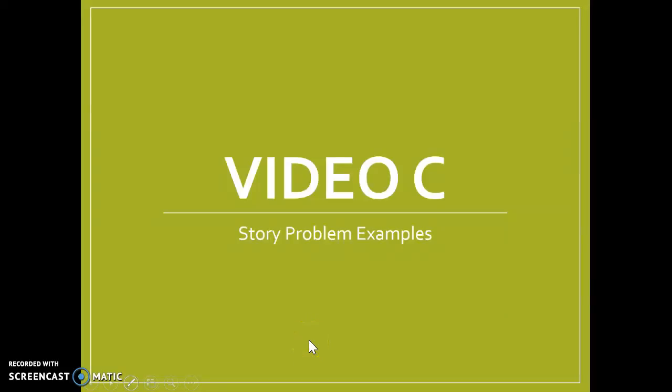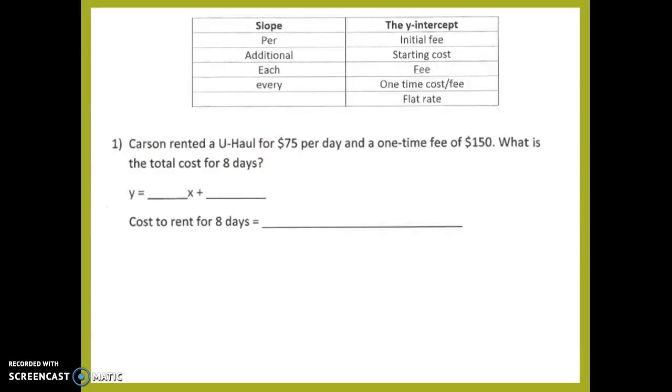All right, we are now on video C. We're going to be looking at some story problems and using slope and y-intercept to look at some real-world situations and answer some questions. The first thing I want to draw your attention to is the table at the top